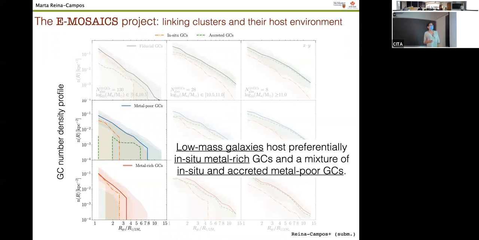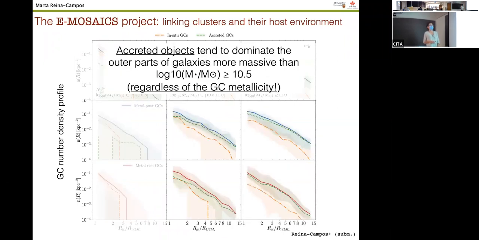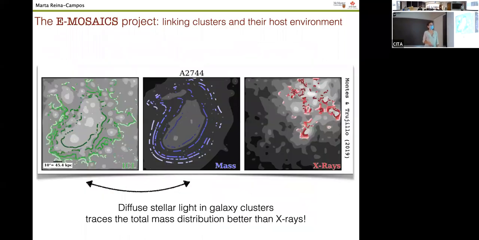What I found quite interesting was that when we extended these analyses for the most massive galaxies, we found that actually the accreted globular clusters are always dominating your sample. And so it doesn't matter what the metallicity of your object is. If you're looking at a massive galaxy, because these are mostly built due to the accretion of satellite galaxies, you're quite likely just looking at an accreted object, regardless of the metallicity. So this was an exciting conclusion from this first project that led me to the second project that I want